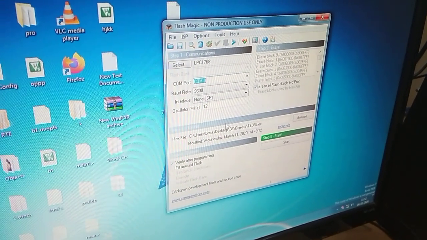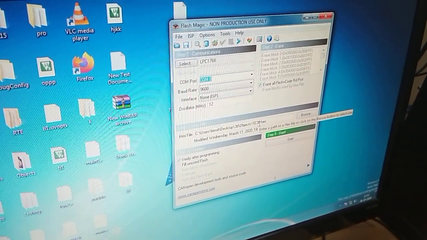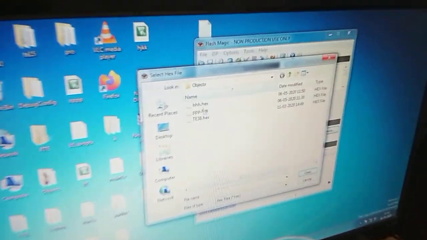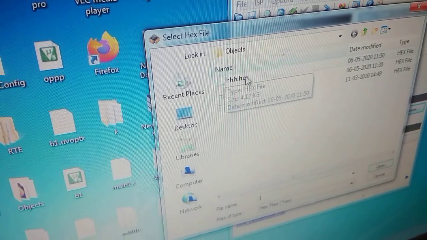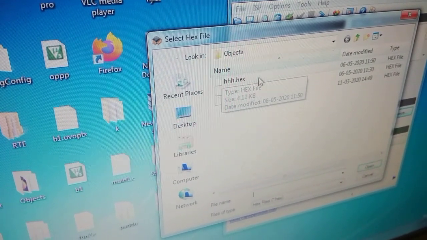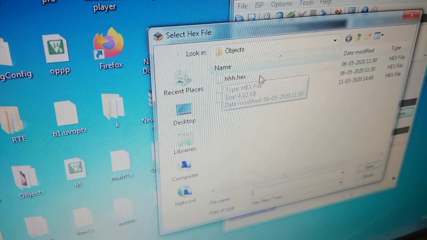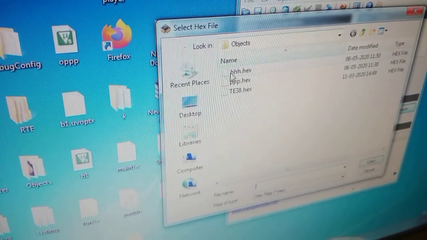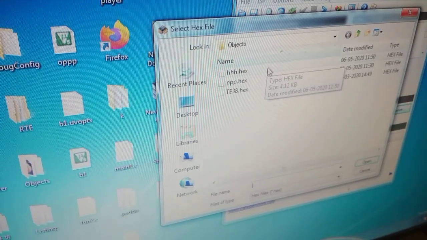Now for step 3, we have to choose our hexa file. So go to browse. So here automatically whatever project name you had created, that project name itself will have your hexa file name. So you can see in objects folder automatically it would have updated.